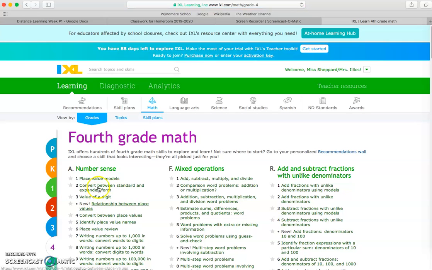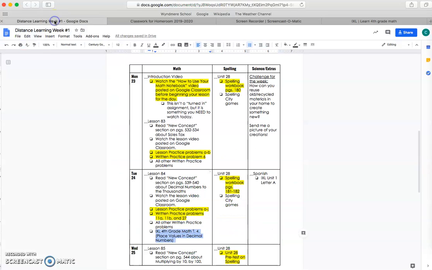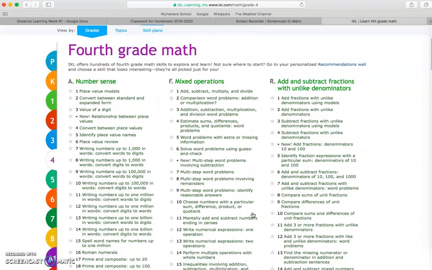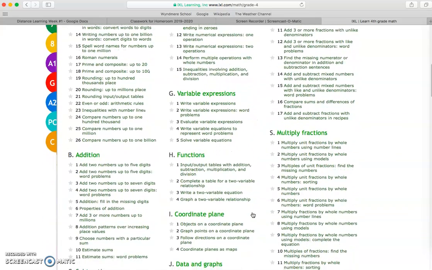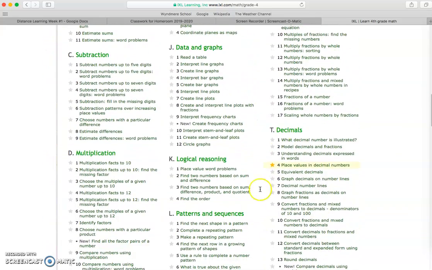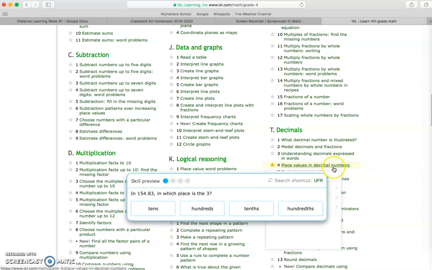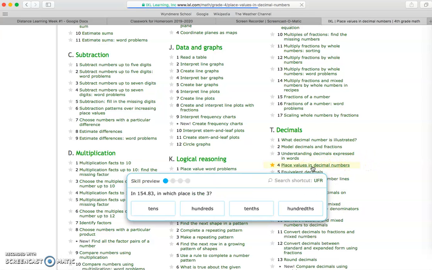And if you remember back on the lesson plan, I'm going to go back to it. I highlighted it said IXL 4th grade math T.4 place values in decimal numbers. I'm going to go find the subject or the letter T and then find number 4. So letter T, number 4. I see A, F, and R. Keep scrolling until you find T. Okay, here's T. And then 4. Right here, and I have it already highlighted for you, and then you can click on that one,